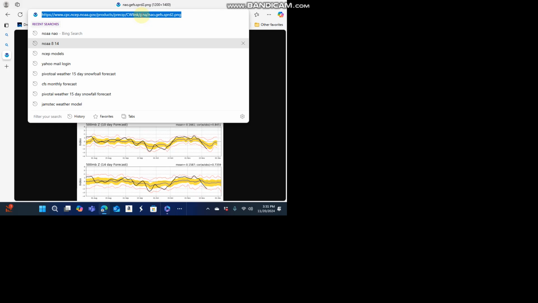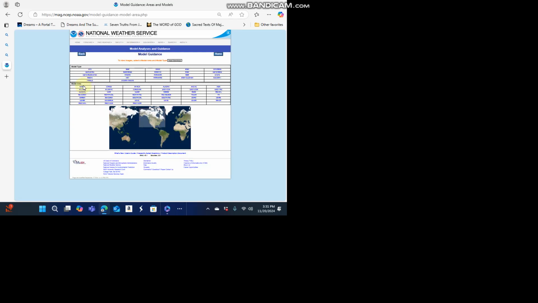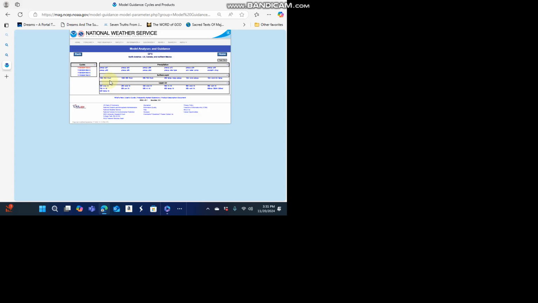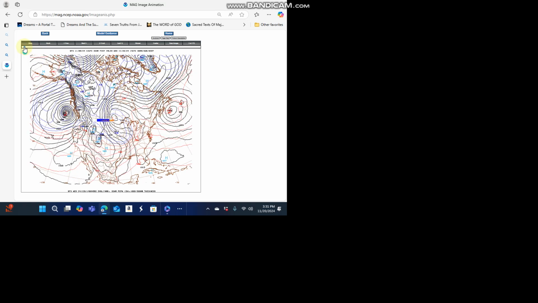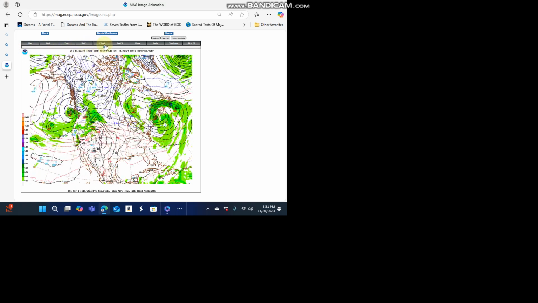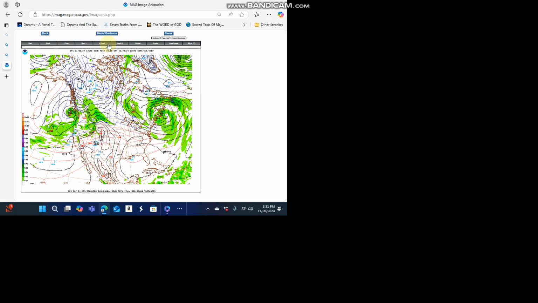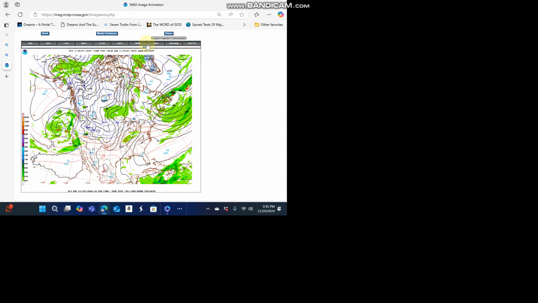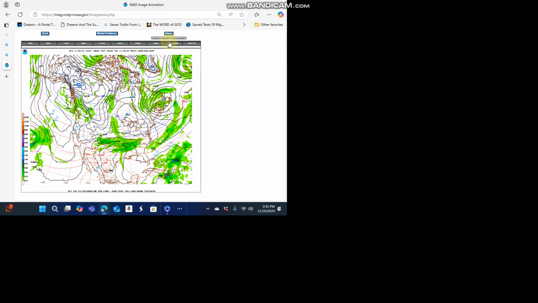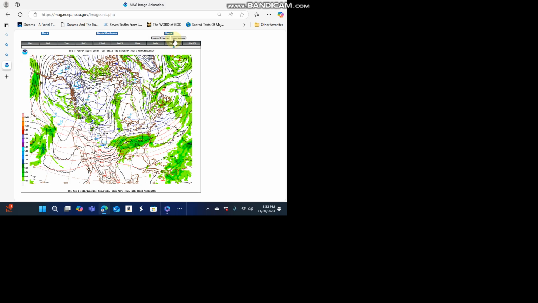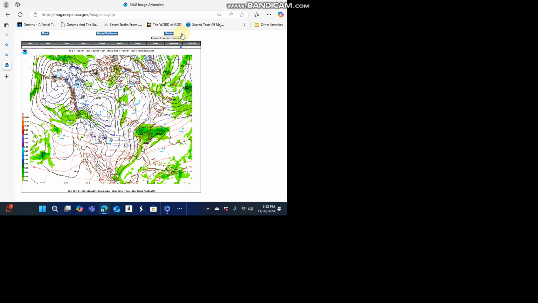Let's take a look at our NCEP model forecast, and we're going to take a look at the next 2 weeks of weather, and I'm going to kind of skim through it, and if I find anything interesting, I'll comment on that. So again, a lot of cold air in Canada, a lot of warm air down south. This is going to 3 days from now, and here's where things really get interesting by November 26th, so around Thanksgiving time. We have a lot of cold air kind of percolating in the northern part of the USA. It's not strong enough yet as of November 28th to fully intrude the USA with Arctic air, but that changes as we head into